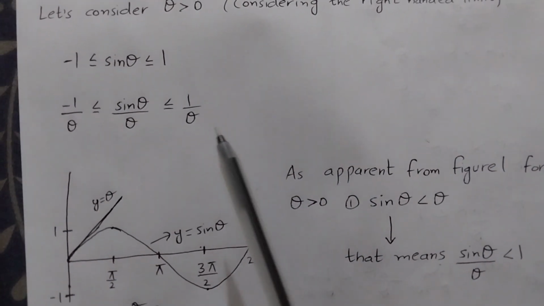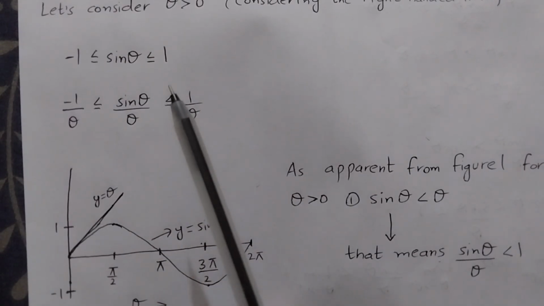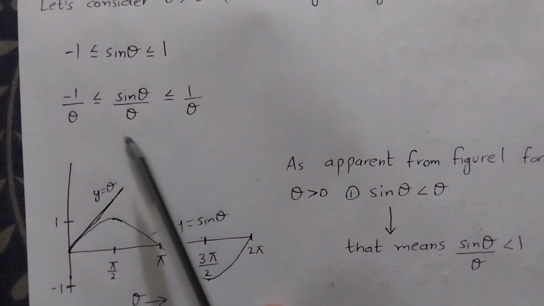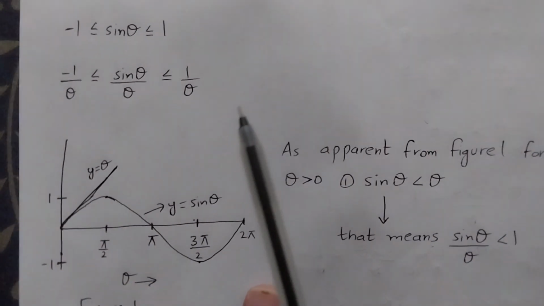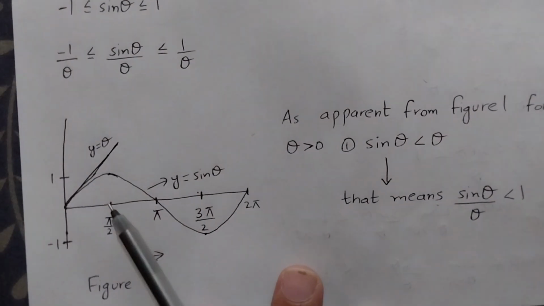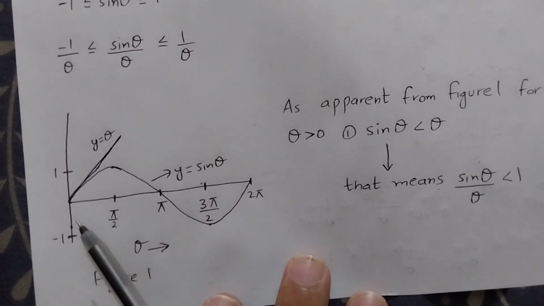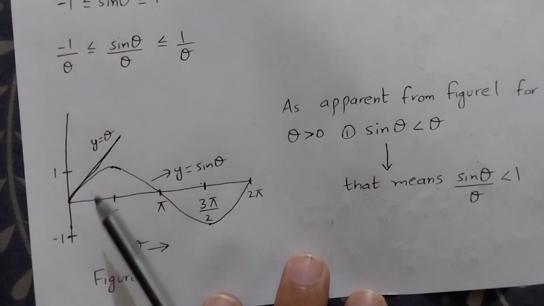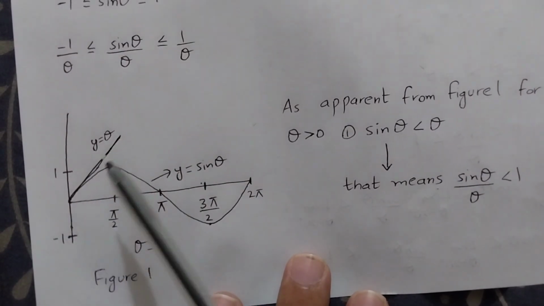So what we do is that we use a graphical approach to think about the limit of this function. And I have drawn a figure for y is equal to theta and y is equal to sine theta. So sine theta is this curvy thing, and y is equal to theta is a